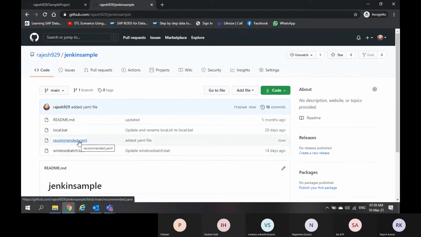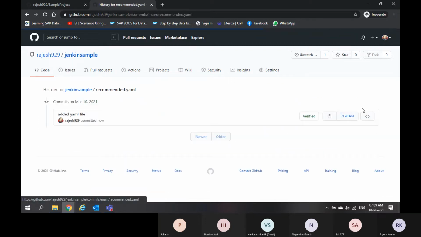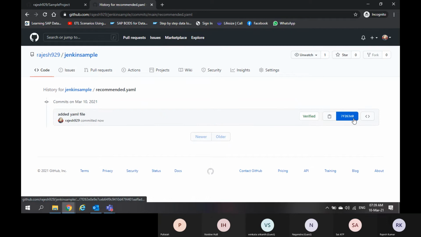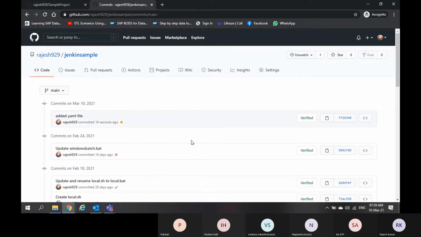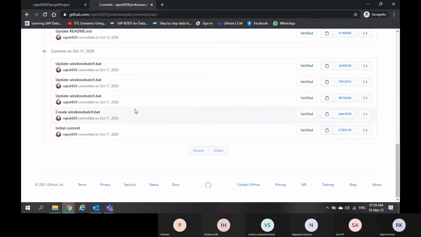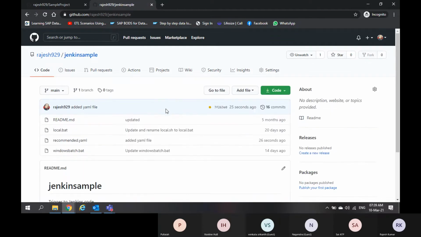See, I added this file. If I go to this file and see the history, obviously it will be only one commit, because just now it got added. But if I go to the entire source code, there are multiple commits. This is how you will upload files or add files.